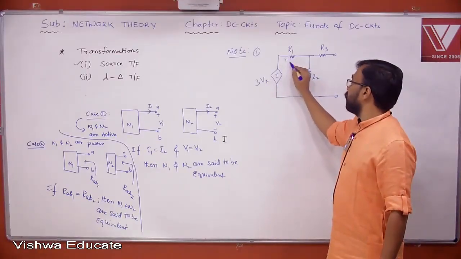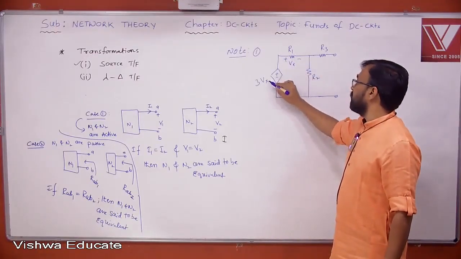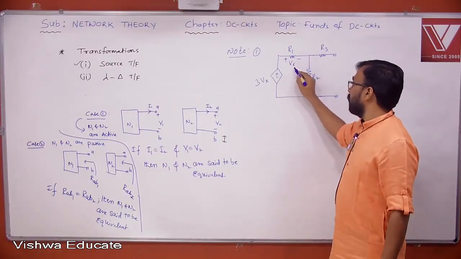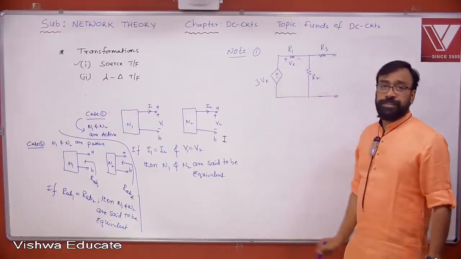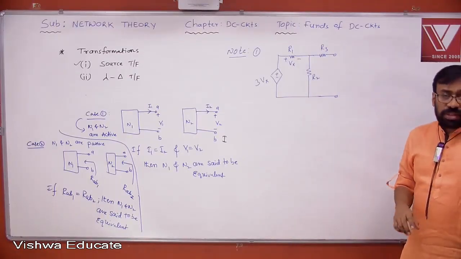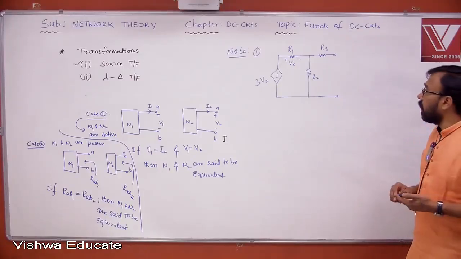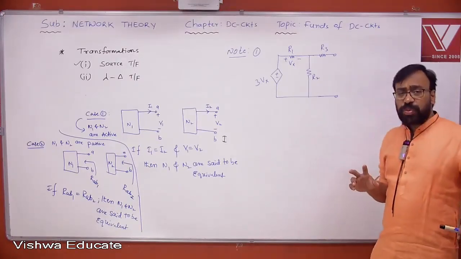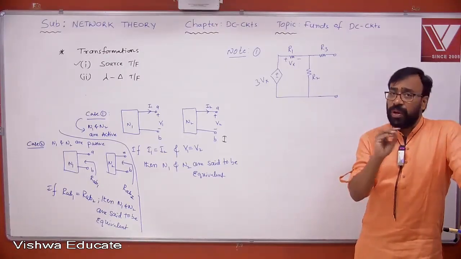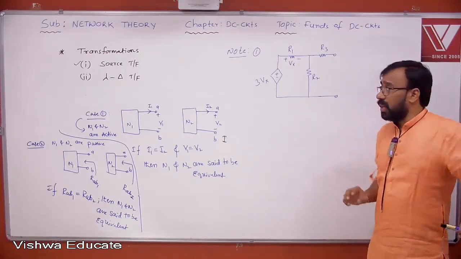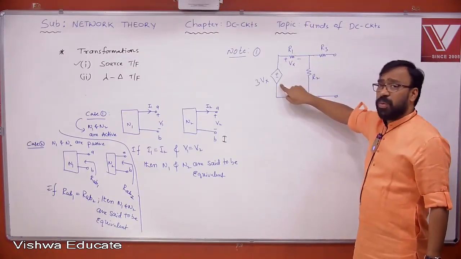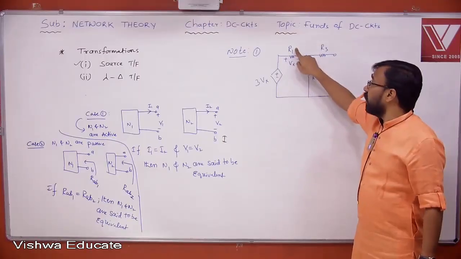This dependent variable is shown here. That means this is the voltage. The Vx is the voltage across R1, and this dependent source is depending upon this Vx. Clear? Can we apply source transformation to these particular cases? Is it possible? Remember, in case of dependent source problems, you can apply source transformation with certain conditions or precautions. What is that condition? Look at this. This R1 is a resistor which is in series with the voltage source, and it is also involved in the